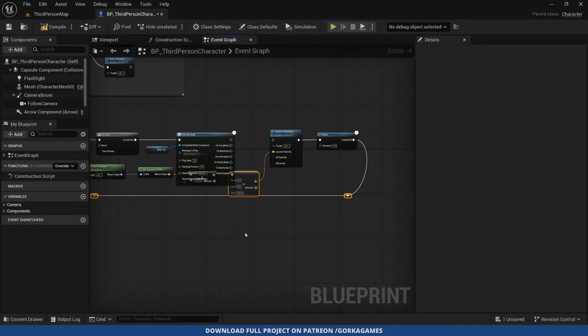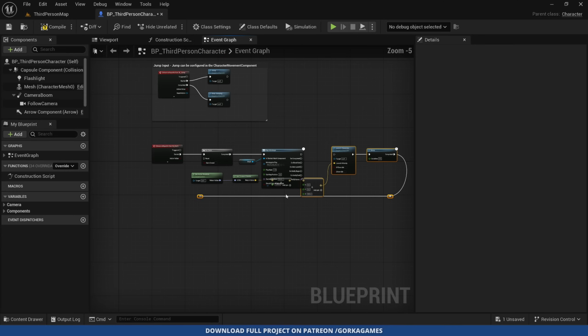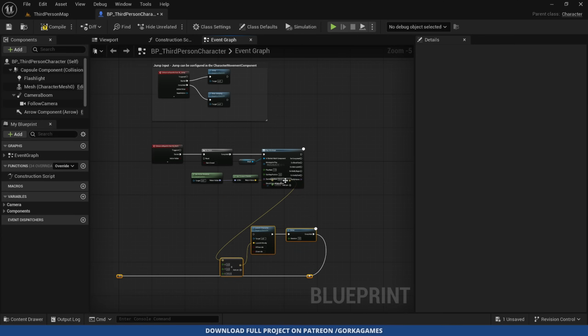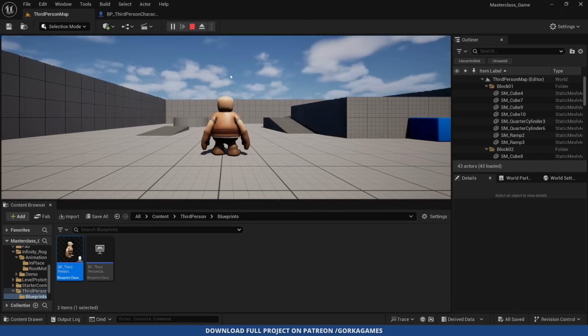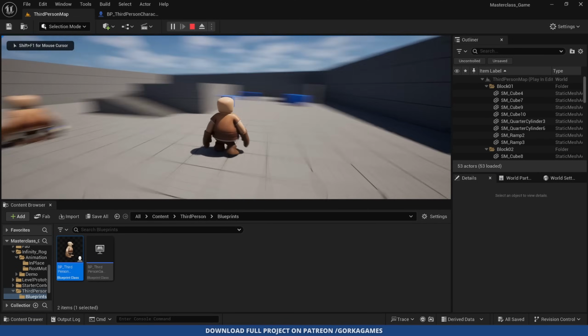break this and get out this nodes and put them here. There you go, and then simply on the completed reset this, okay. So basically once the animation finishes executing, we can do it again. So now when I press play and I press the left mouse button,